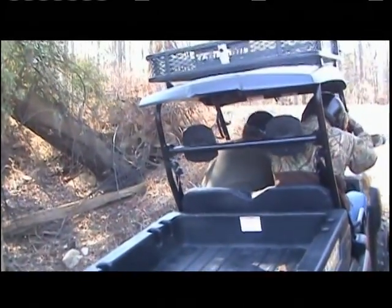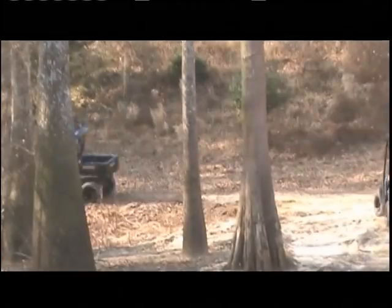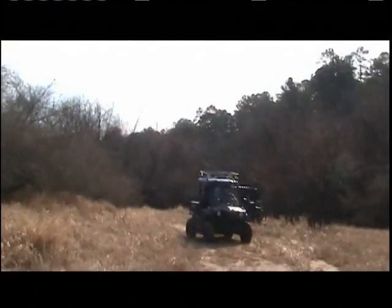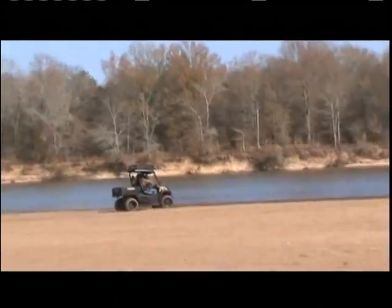This week's Tomberlin shootout puts a Tomberlin Vanish up against a Bad Boy buggy. We tested in actual field conditions to see how features and performance affect overall range. We went through difficult terrain of all types, from sand and mud to rocks and hills, to simulate how an